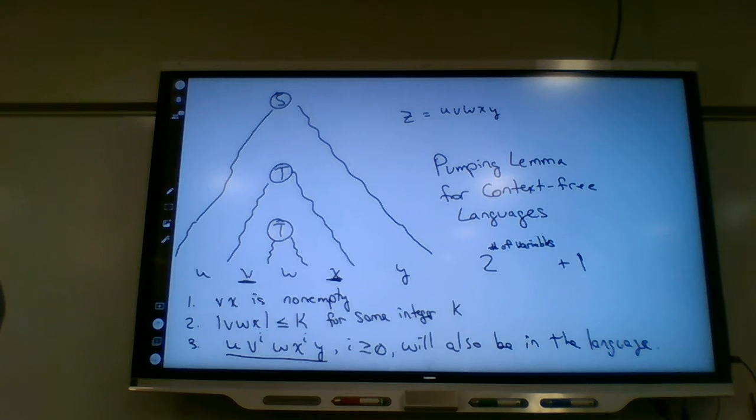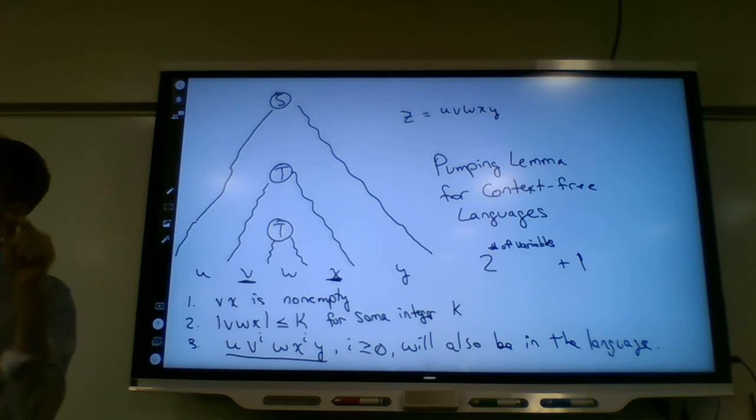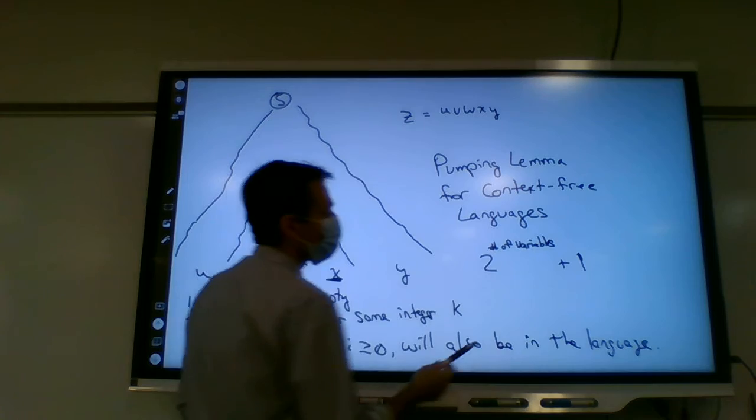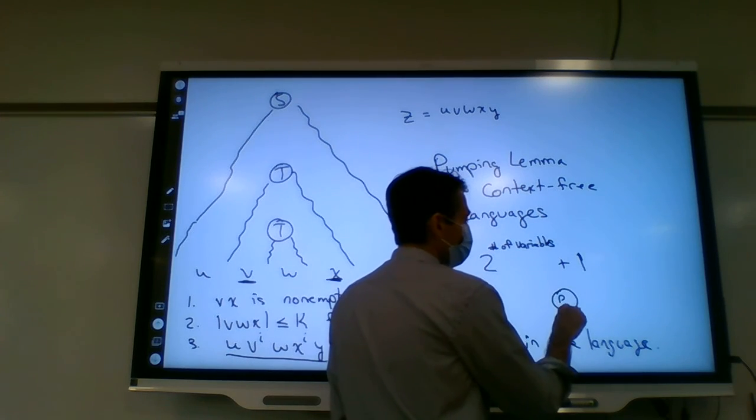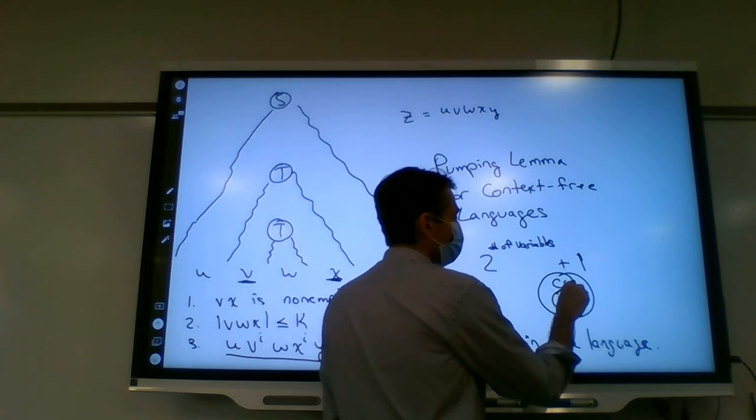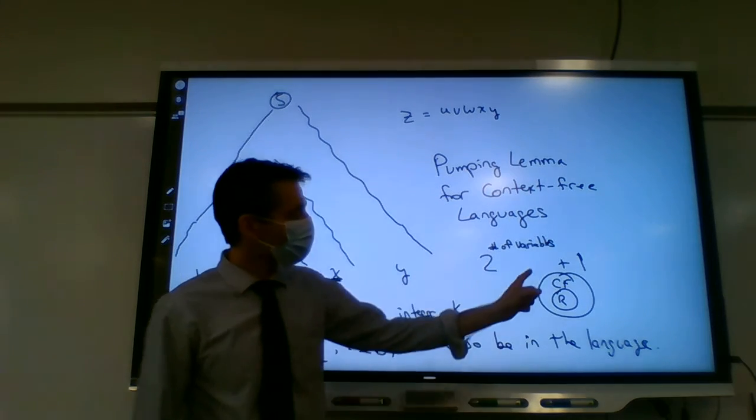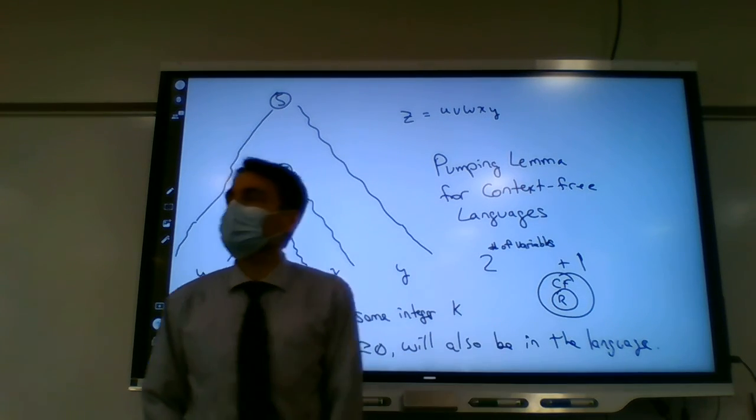It's like the pumping lemma before, where you could use it to prove that a language was not regular, because you find a string that's long enough but can't be pumped. If you pump it, you break the pattern. And if it's not context-free, that also means it's not regular, correct? Yes, because regular is a subset of context-free. So we had the regular languages, and then we had the context-free languages. If it's not inside the bigger circle, it's definitely not inside the smaller circle.